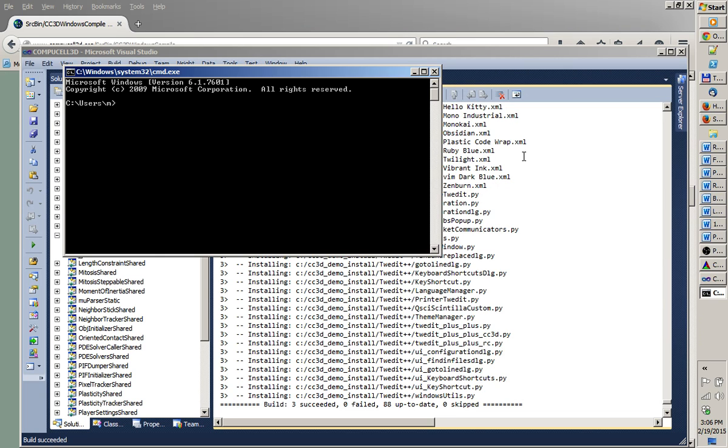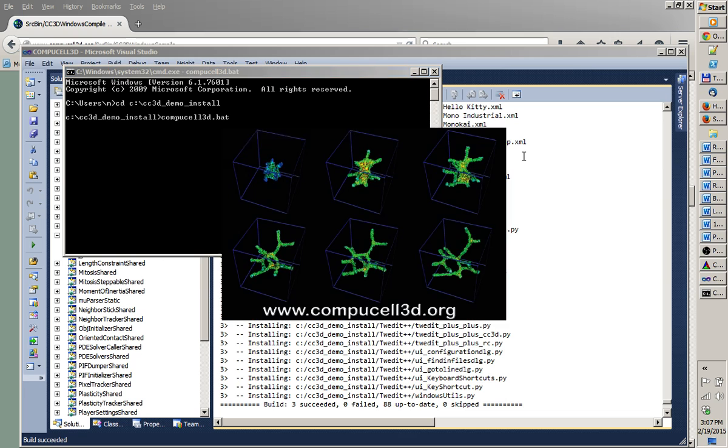Now I type cd C drive colon slash. Remember, we are in the Windows terminal, so we have to use slash to specify a file path. Then cc3d, and if I hit tab, the Windows terminal will autocomplete, but it's not the directory we want. We want cc3d_demo_install. Yes, so that's where we go. Okay, and to open up CompuCell3D, we simply type CompuCell3D. Okay, and I hit enter,